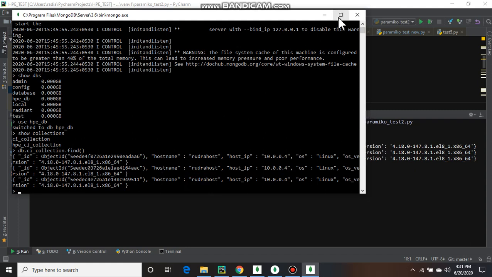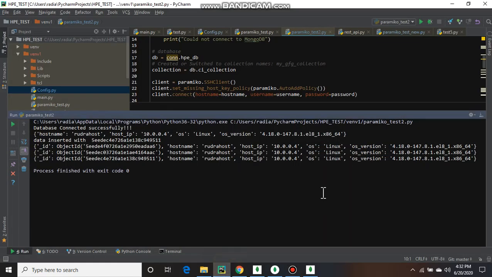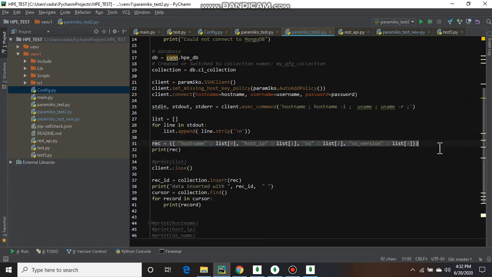I use the hostname command to get the hostname, and the ipconfig command just to get the IP address, and OS name and OS version. You can see in the command list whatever commands I have executed, like hostname and IP address, and the uname command to get the OS name, and uname -r just to get the OS version.